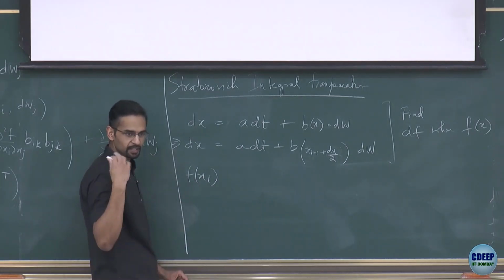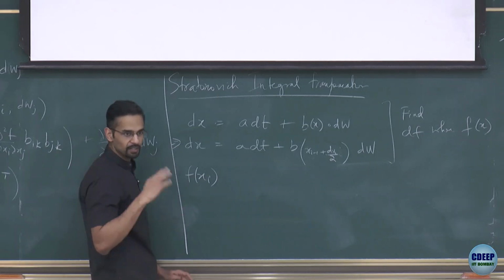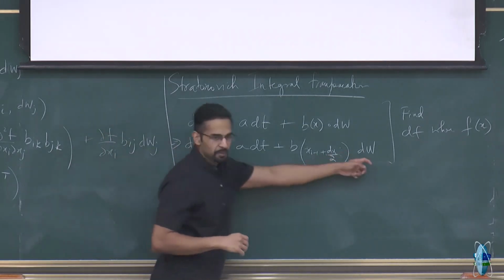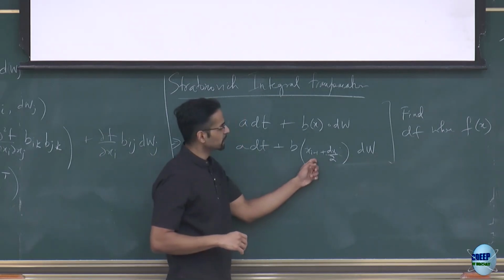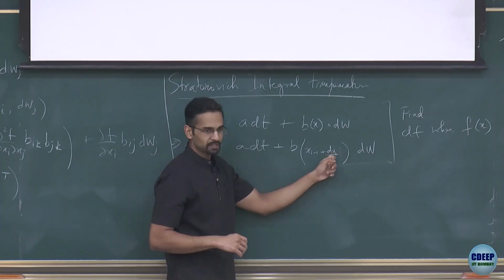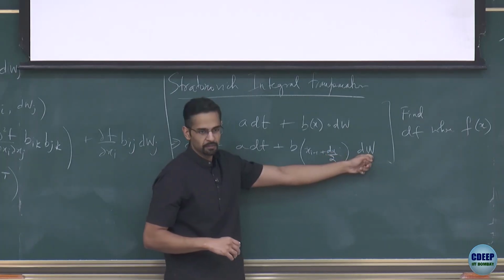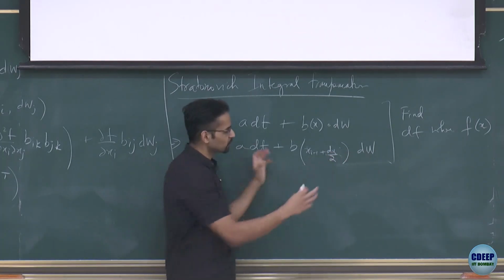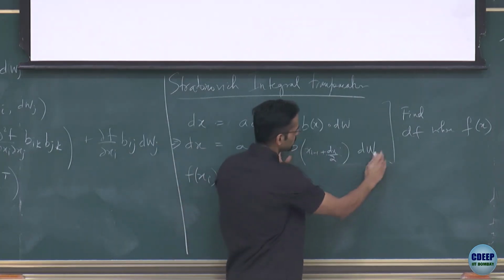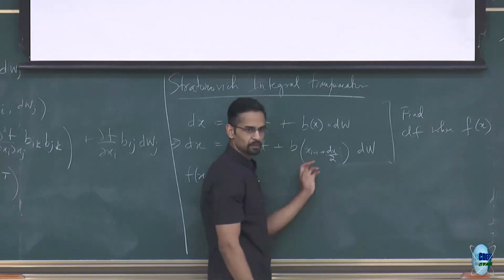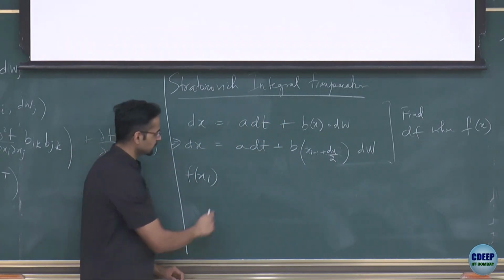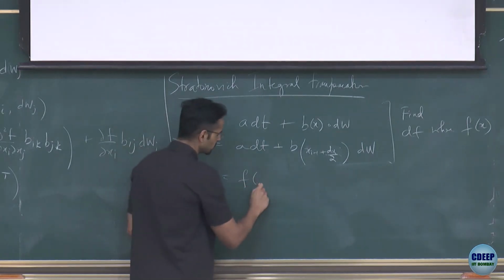Because my derivations of the mnemonics were all for the Ito case where there was no correlation between B and dW. But now that I'm evaluating B at the halfway step, the value of B involves the dx, and that dx obviously depends on the dW. So if I try to do the derivation, it will collapse. If I take the average, it will remain as the average of this quantity because these things are correlated. So what we will do now is, let us write f of x_i about the midpoint,